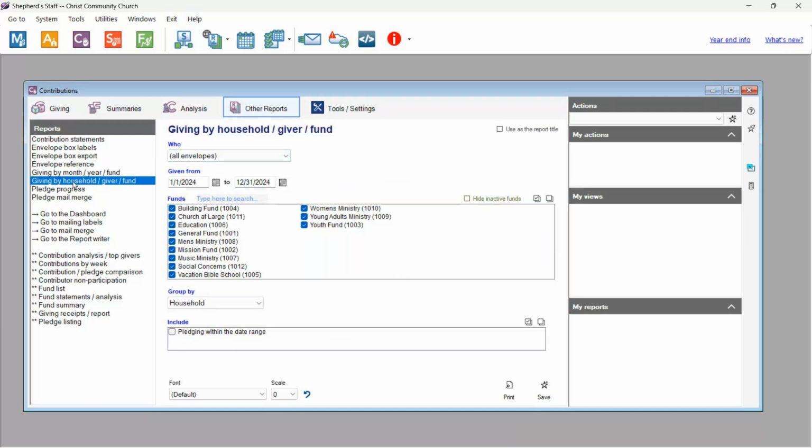So what you can also do is you can actually do this giving by household giver fund. And this will also allow you to just say, hey, I want to see envelope number and fund. And just for the sake of this, I'm also going to go back to 2023 for a little bit. But then if we click print,